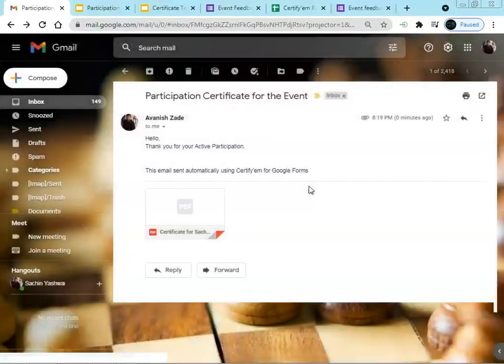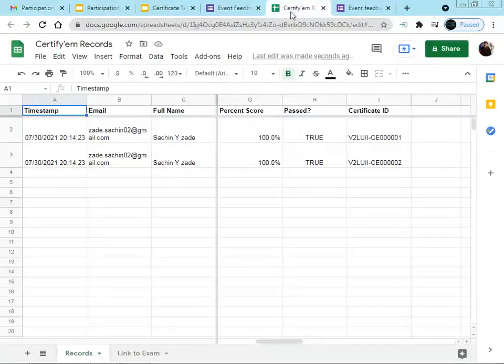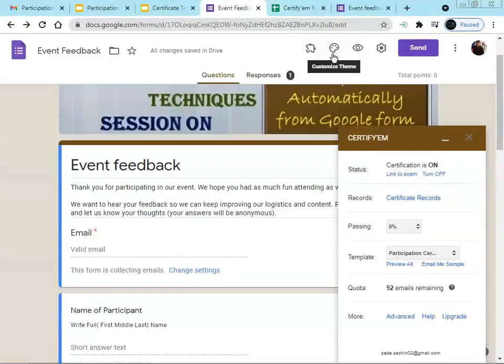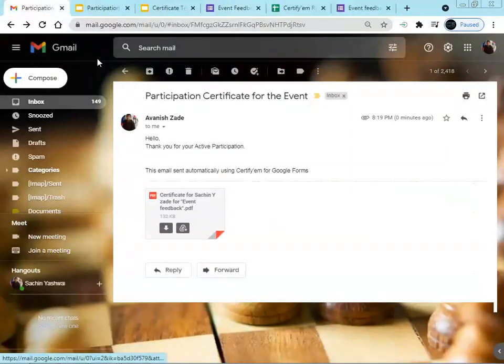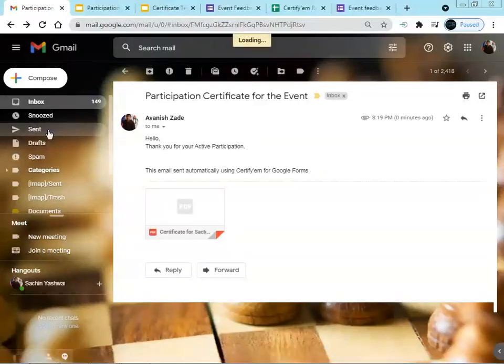This is one of the options if the participant is not getting the certificate; in that case we can download it. And one more thing, we can check to whom the different certificates are issued. Just go to the sent option.